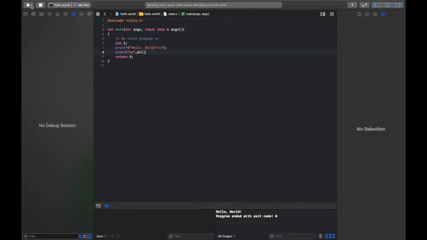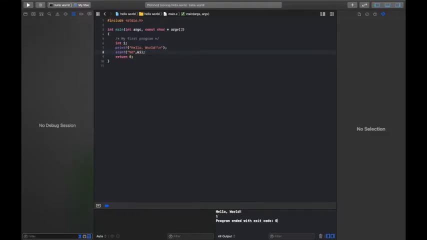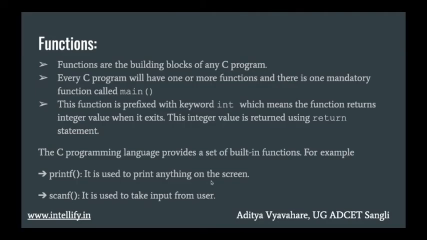We will run the program. So hello world, but the program has not ended yet, so we have to enter a value here. For example, we will enter 1, and now the program ended. It means the value 1 is stored in the variable i, which is the function of scanf, taking input from the user.